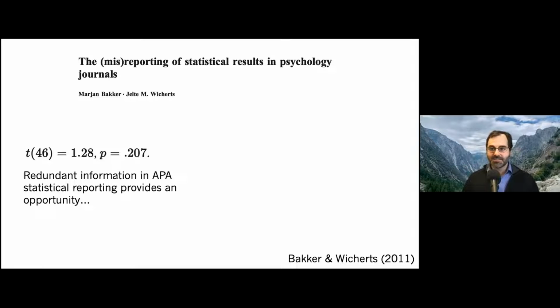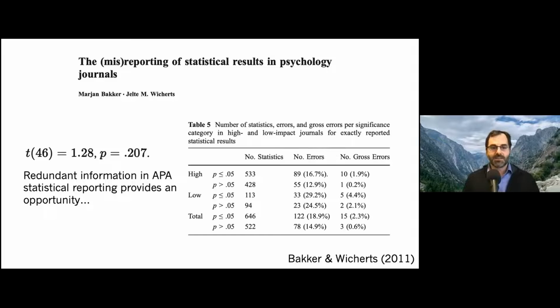Because it's impossible mathematically for all three numbers not to match up unless there's been some typo or issue somewhere in this analytic chain leading to the report. Now, of course, if the numbers match, that doesn't mean that they're the right numbers. It doesn't mean that the right data were analyzed and so forth. So this is a lower bound on cases where there's been some kind of error in reporting, but it provides an innovative method for doing this.